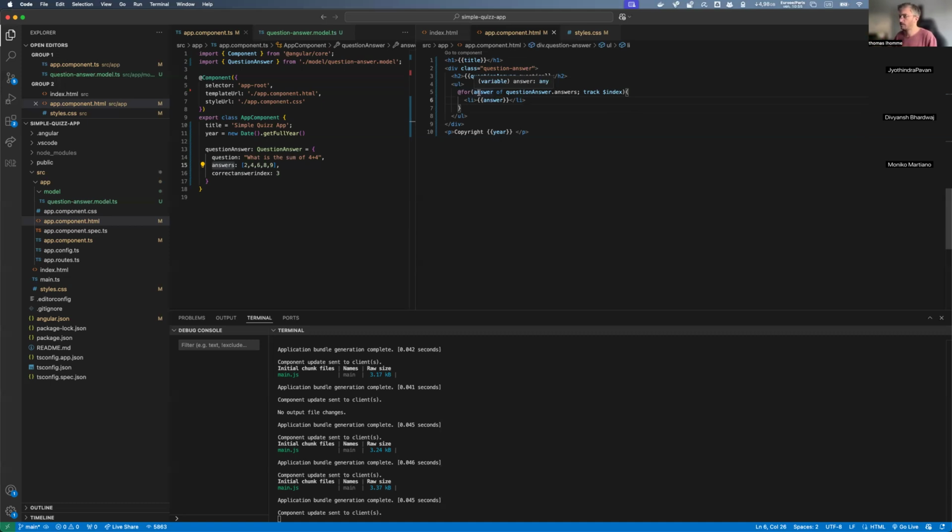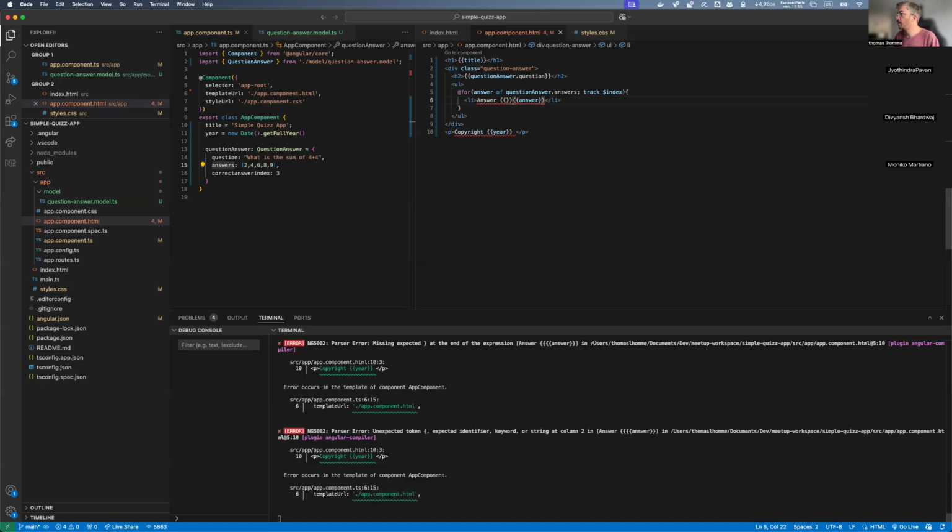But for now, we have our answer, which is great. So what I'm going to do is write something more logical. I am in an LI, and I'm going to put the answer like this, and I can use the index here as well. Index is a variable that is available.